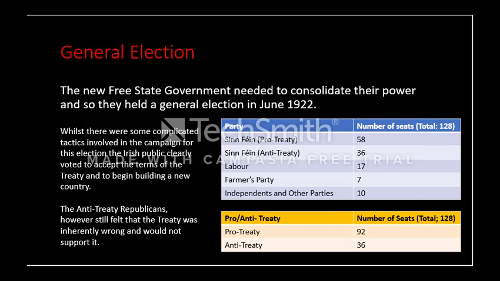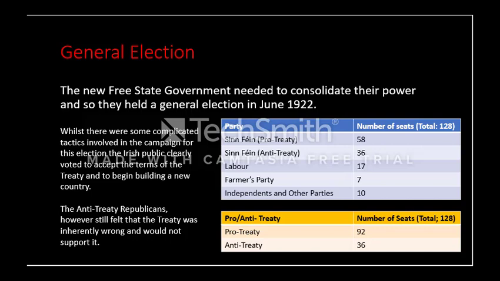There are a few other parties at the time, so Labour, as we know, we talked about that in 1916 with James Connolly. Labour wins 17 seats, so a substantial number of seats for Labour there. The Farmers Party wins 7 seats, and then Independents and another small party between them win 10 seats. Okay, so that's a total of 128 seats, with pro-treaty Sinn Féin being the largest party, anti-treaty Sinn Féin being